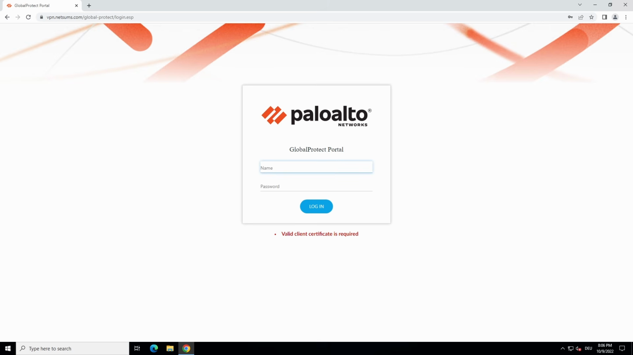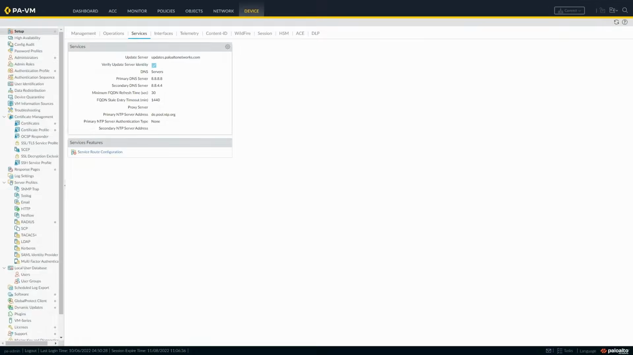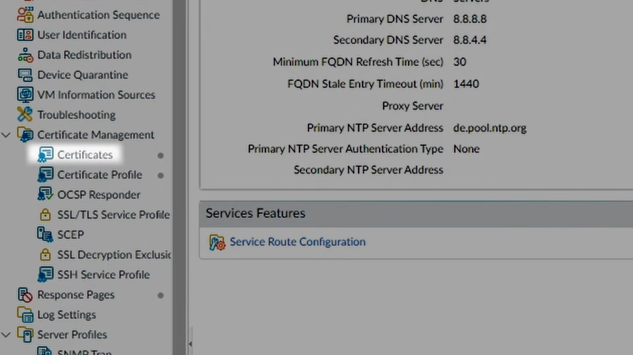the portal also. If you require it for the portal, it means that only a client with the certificate will be allowed to download the GlobalProtect app. If you only want it for the gateway, clients will be allowed to download, but they won't be allowed to connect to the gateway. So if you go to Device, Certificate Management, and Certificate,